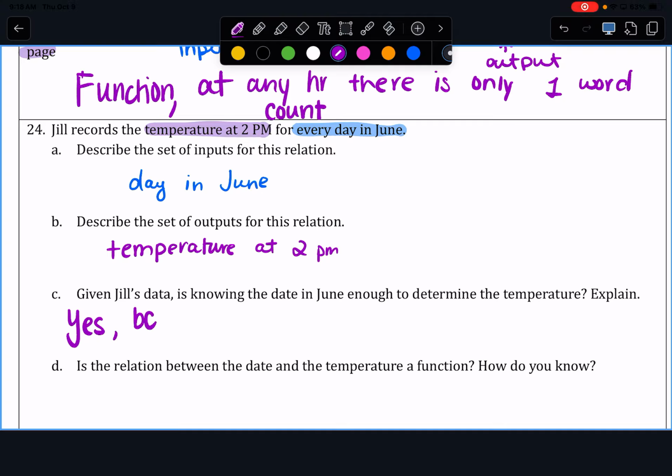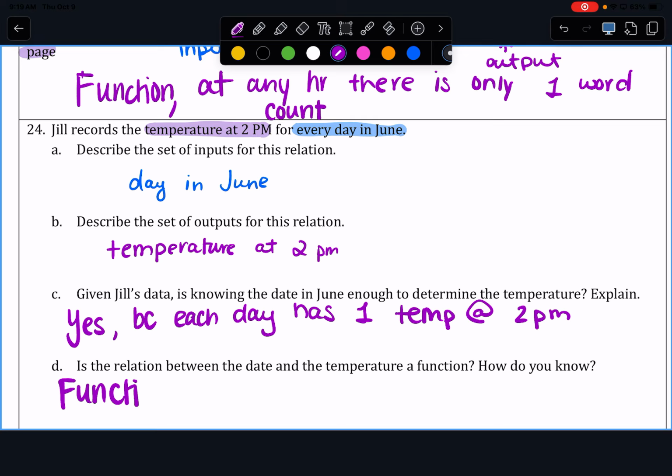That is me abbreviating because, by the way, if I do BC. It has one temp at 2 p.m. Is that relation a function? Yes, because at 2 p.m., how many temperatures are there? One. Okay, it is a function. And we know that because the date determines the temperature. Each date has a unique temperature. Okay, so